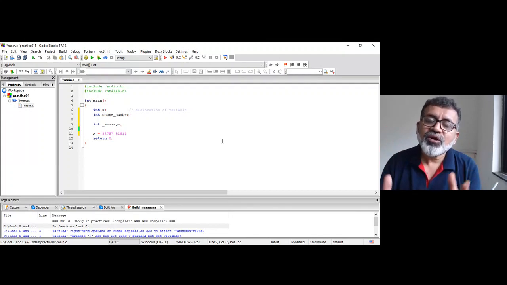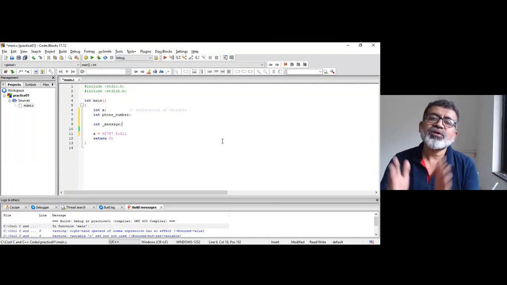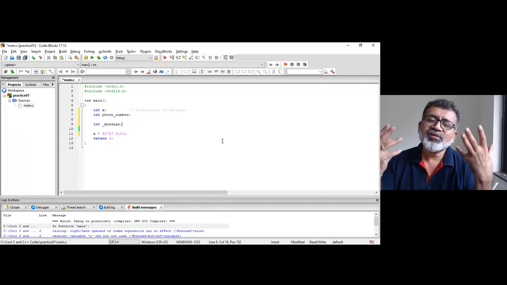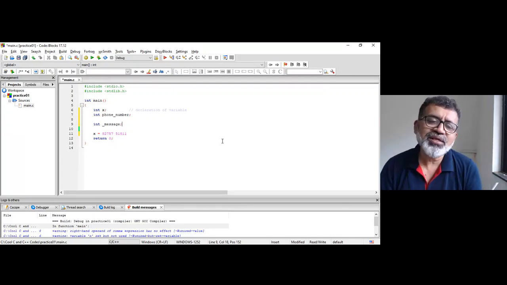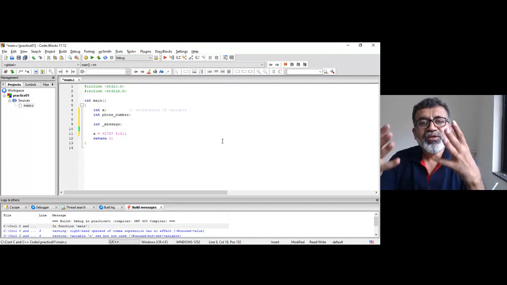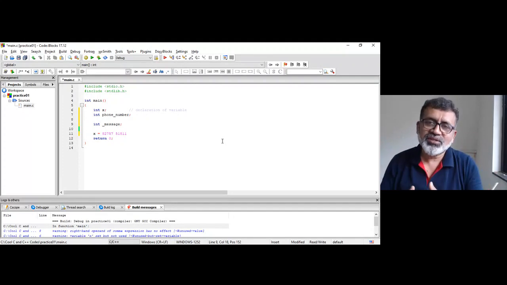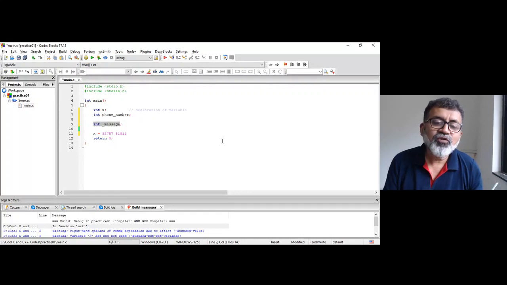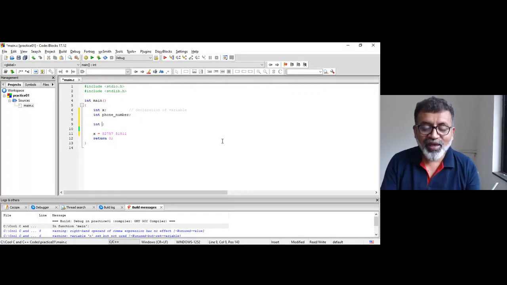A lot of functions and macros and the whole stuff are inside the library, and they follow this convention while writing those codes. So we should avoid this, though it is valid.